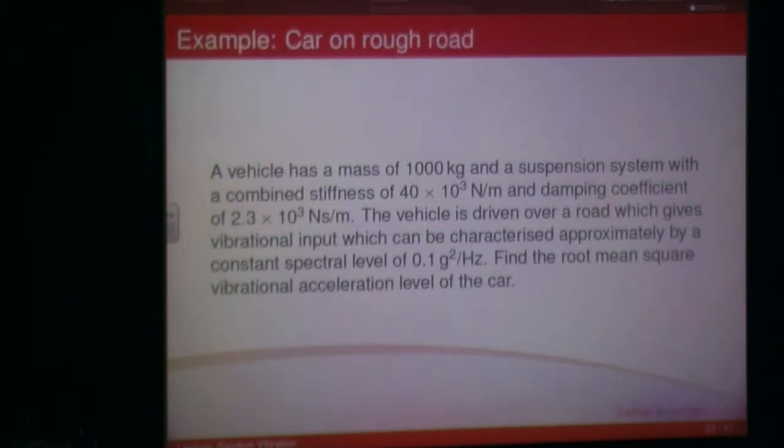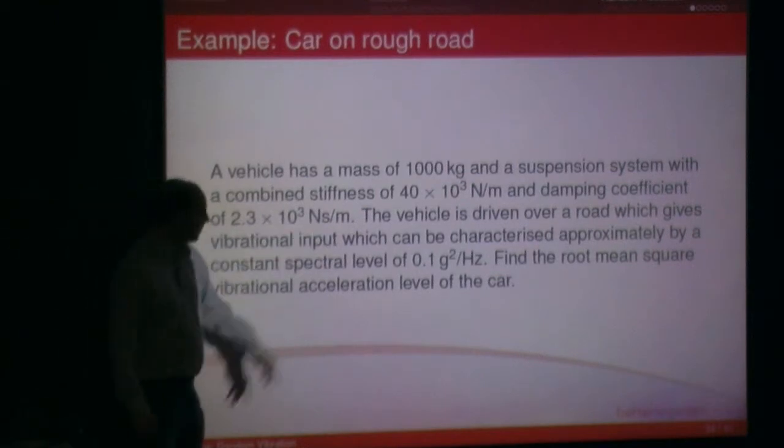Another example. You may see this on past papers, because it's taken from a past paper. It's an example of a car on a road surface. A vehicle of a mass of 1,000 kilograms, with a suspension with a stiffness of 40 kilonewtons per meter and a damping coefficient of 2.3 kilonewton seconds per meter,